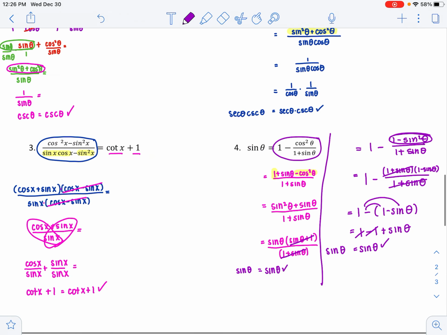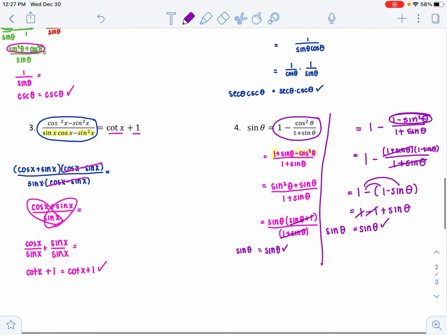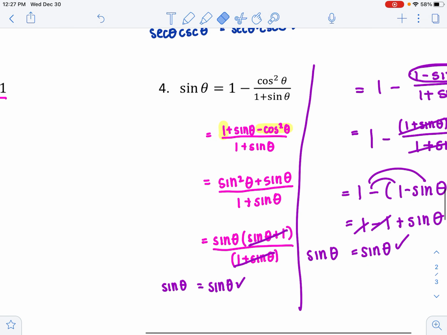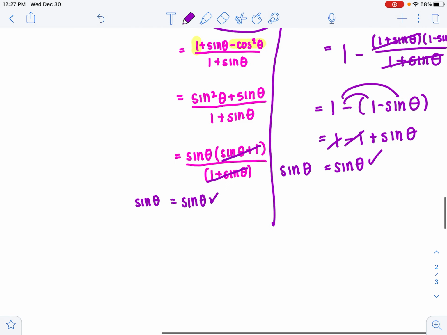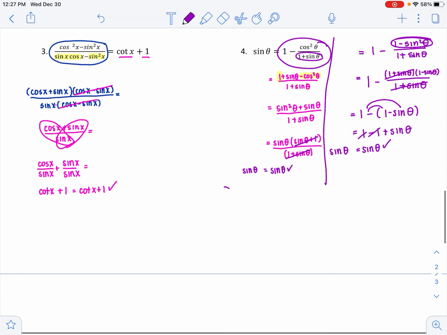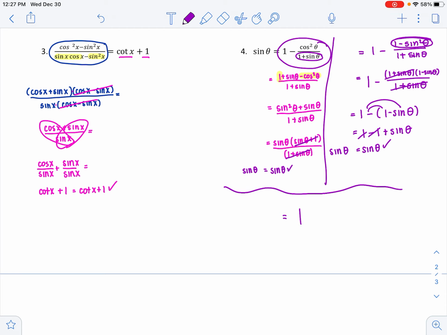So that's the second way of doing it. And why not? Let's show the third way. Okay, so the third way is if someone came up and was like, I'm going to multiply this side by the conjugate. Okay, so if someone did that, I'd have the equal sign, and then I'd have 1